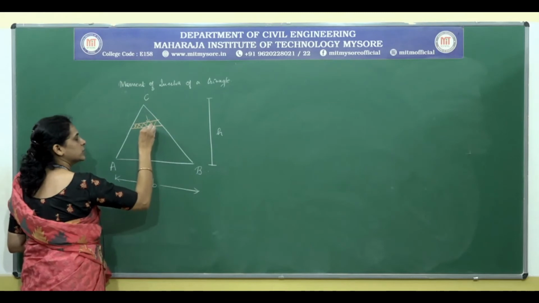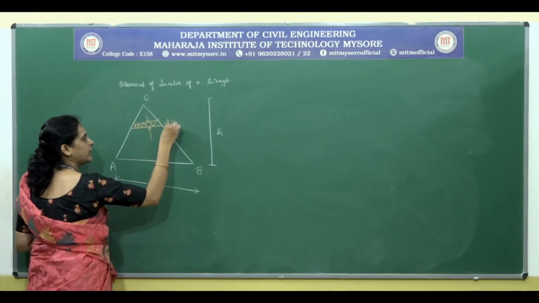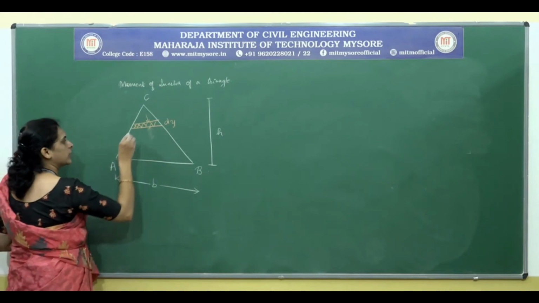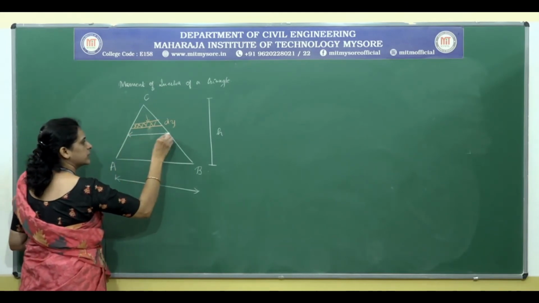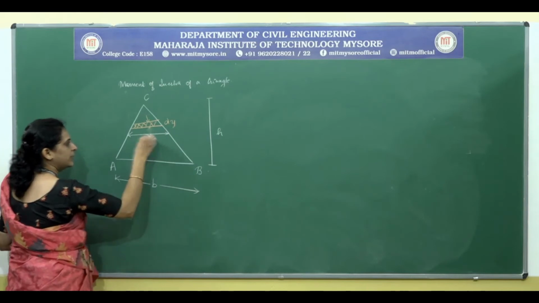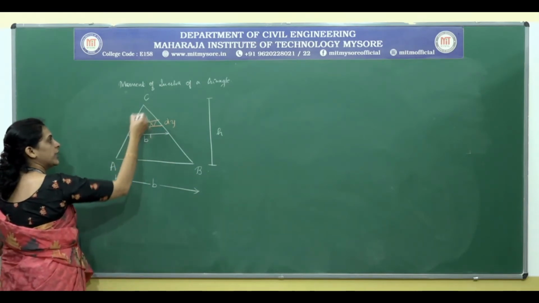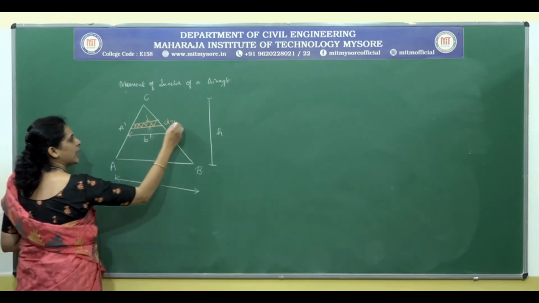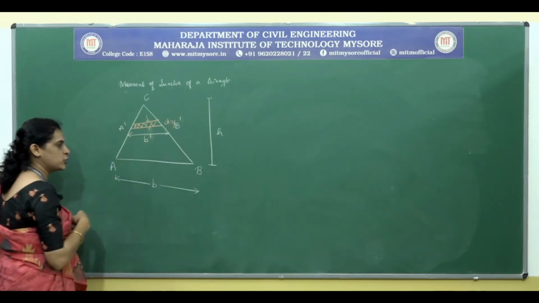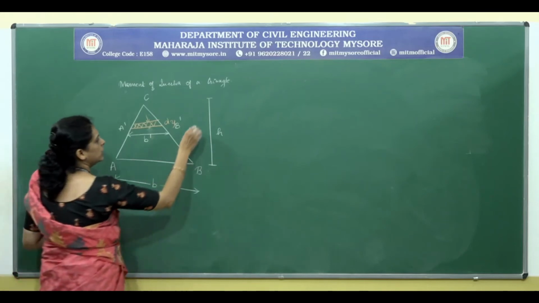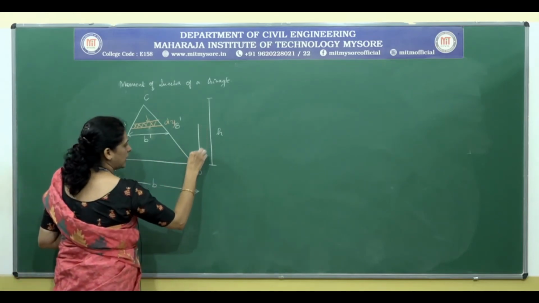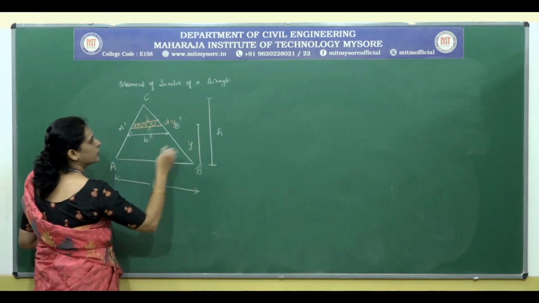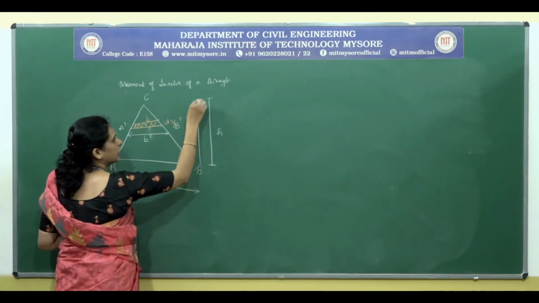The thickness is dy and the base is denoted as B dash. We shall name this small triangle as CA dash B dash, while the height here is y and the remaining is